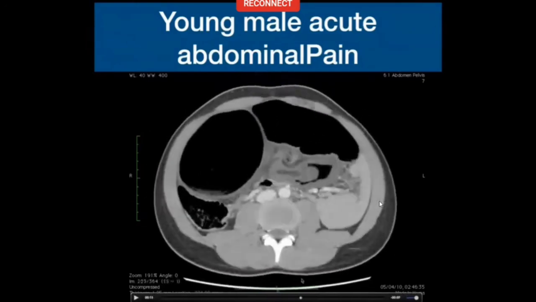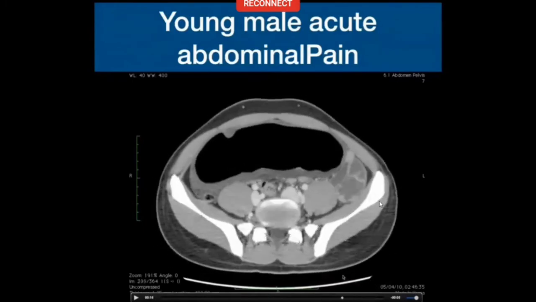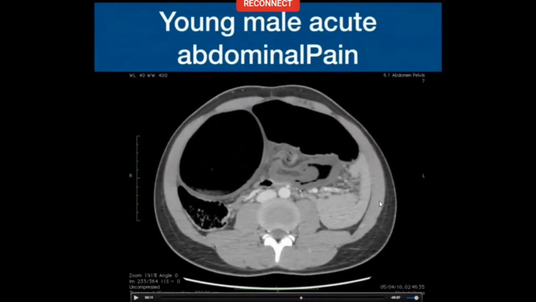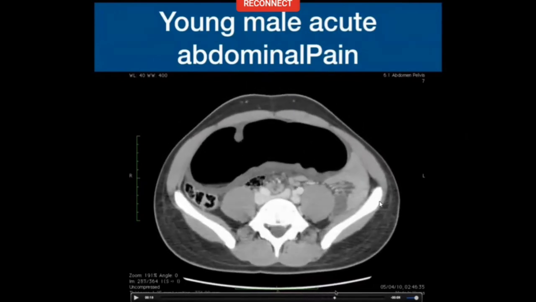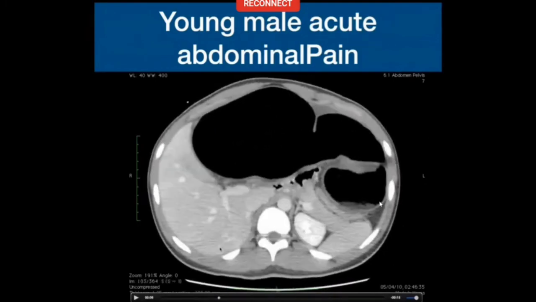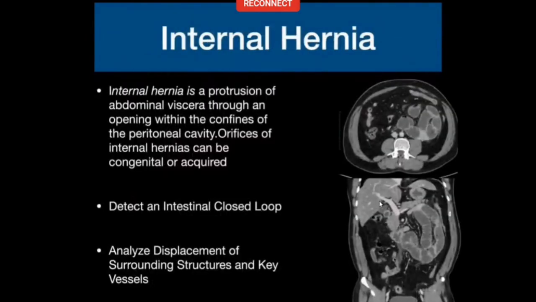And this is a classic sigmoid volvulus. And how do you know it's sigmoid or not something else? Because you trace back the pedicle which is twisting, and you see it is coming from the inferior mesenteric artery. So the inferior mesenteric artery is being twisted. The inferior mesenteric artery is the artery of the hindgut. So this is a pathology of the hindgut. And once you've diagnosed the twisting of the hindgut, you've diagnosed the sigmoid volvulus.